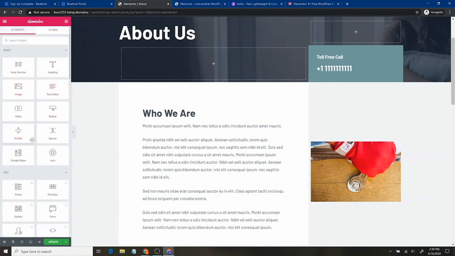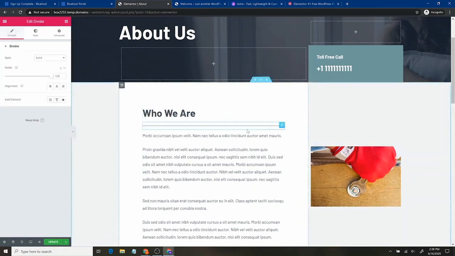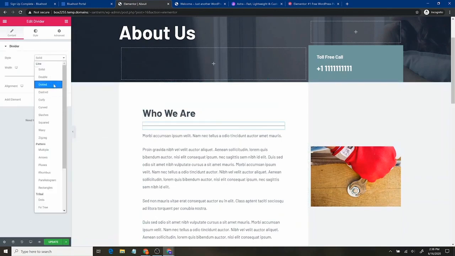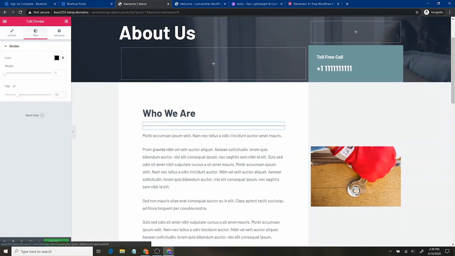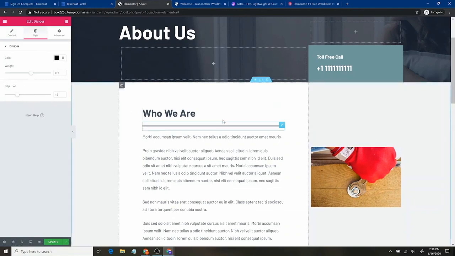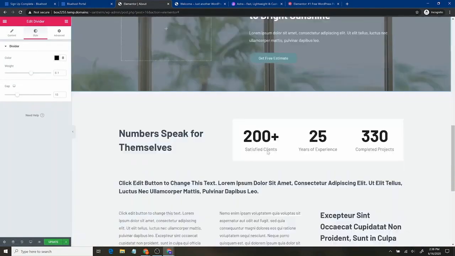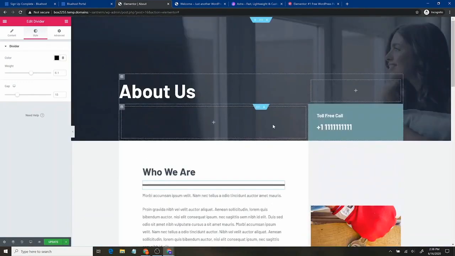So if we say, I really want a divider underneath this text, just click it, drag it to right there, and you'll see we have a divider. You can change what the divider looks like. You can change if it has an icon, solid line, double line, the color of it in style. You can change the weight of it. We can make that a really thick line. And you have just so many different options. Let's do that right there. We're going to make it look like that. So lots and lots of options when you're using Elementor,